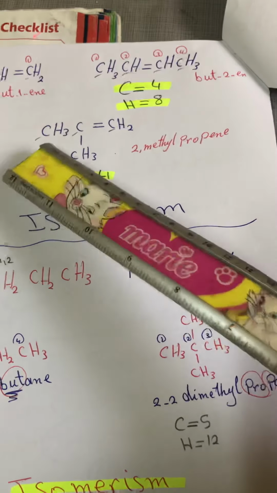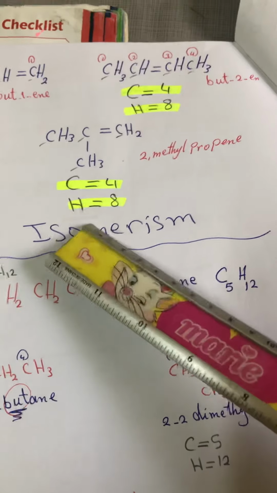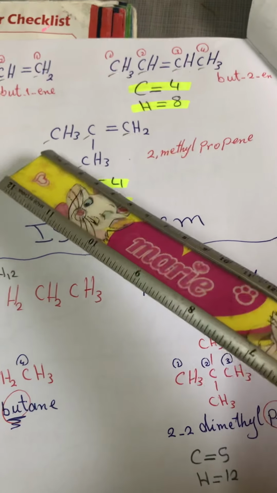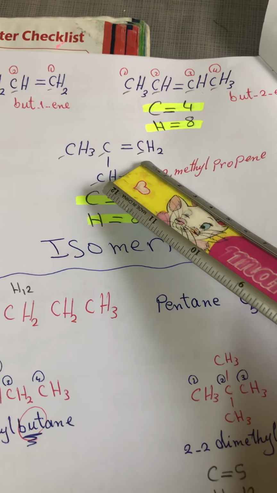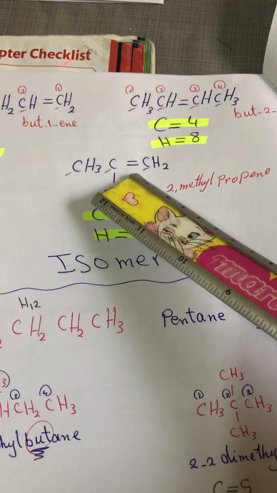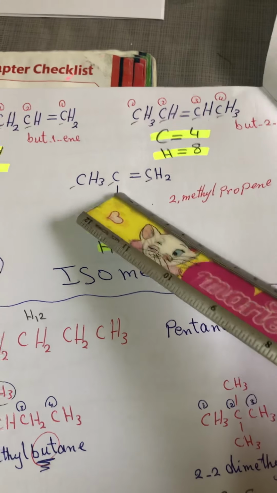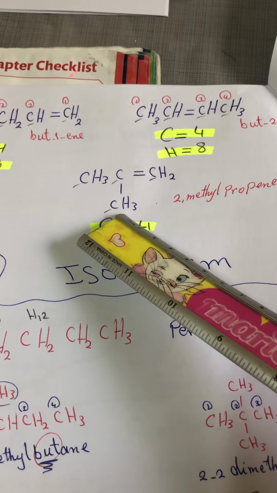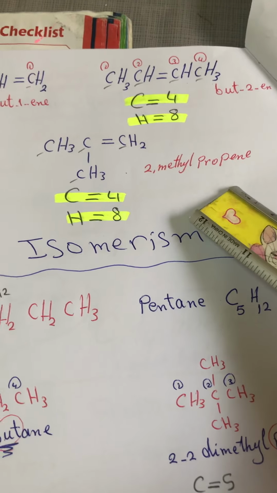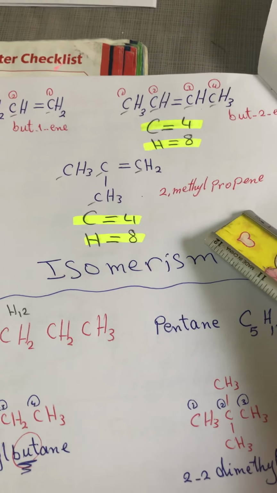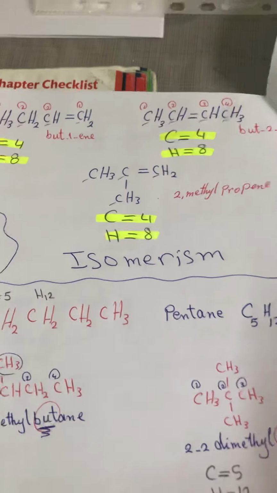Look here, how many carbon? 1, 2, 3, 4, and how many hydrogen? 8. But what I call it, I'll name from the long chain. 1, 2, 3, so prop. I have double bond, so it will be ene, so propene. And in carbon number 2, I hang methyl group, so 2-methyl propene. When I give you a structural formula and ask you which of them will